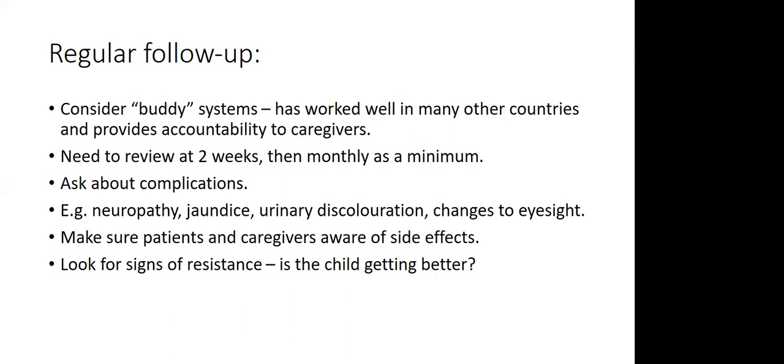As well, they need to be reviewed at 2 weeks, and then really every month after that. And for the things you're asking them about, urinary discoloration is very, very common and not really a concern. It's rifampicin that does that. But the neuropathy, you need to be following. Jaundice, you maybe want to do liver tests, perhaps once or twice during the treatment cycle. You don't need to do it all the time, but especially if you're seeing jaundice and the child is becoming more lethargic and more weak, then you need to be doing liver tests.